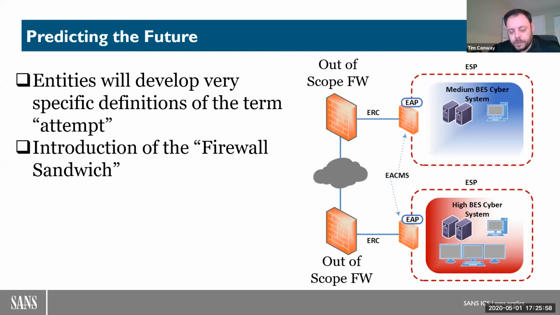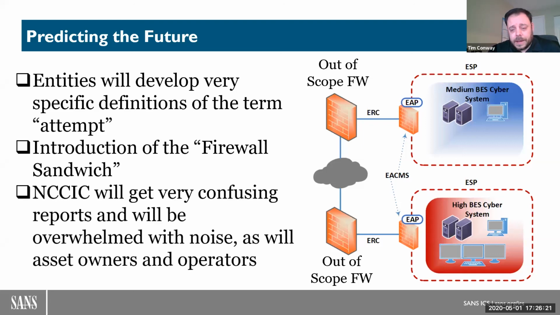If it's allowed through that firewall to the next, and then it's an attempt that is rejected, denied, it's a scan, it's a probe, it's generally something you would want to filter out at the layer above. But if it does in fact get down to that next layer, then it would trigger the next element, which is how does the entity define the attempt word.